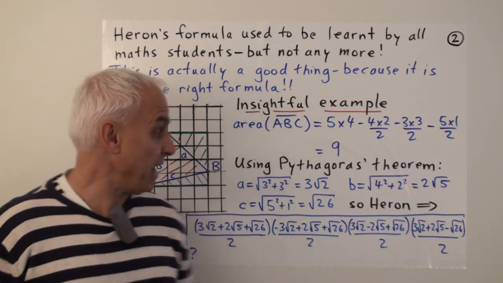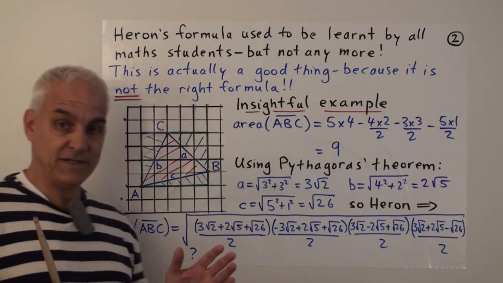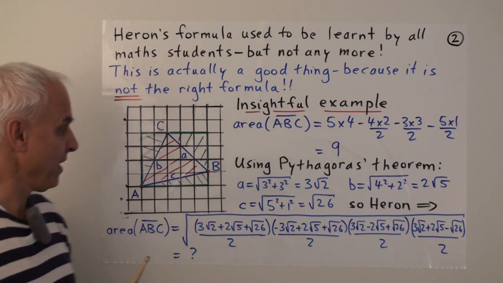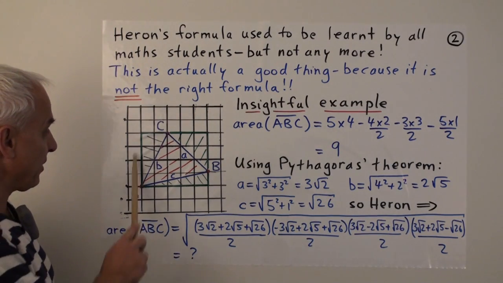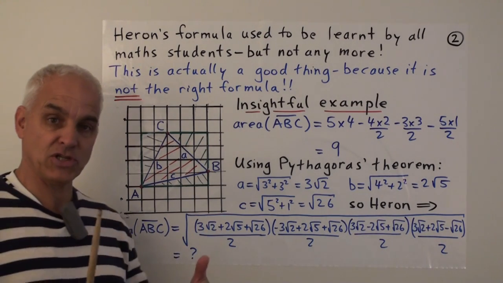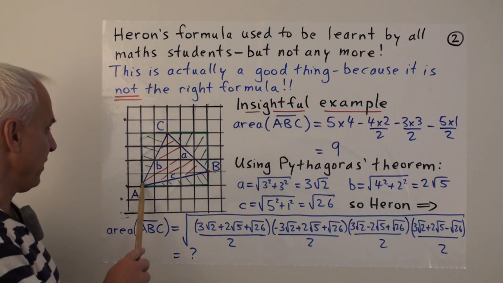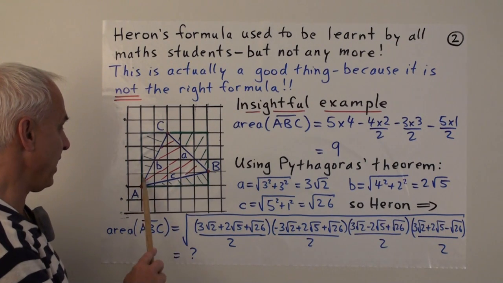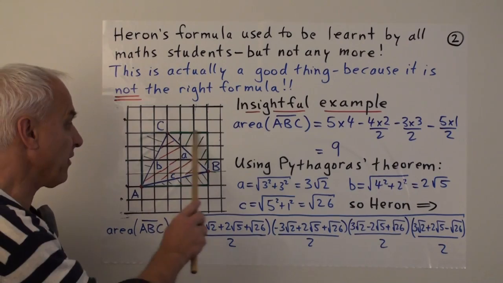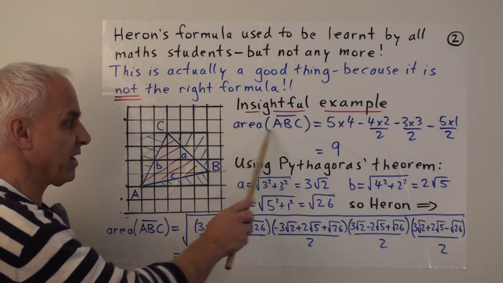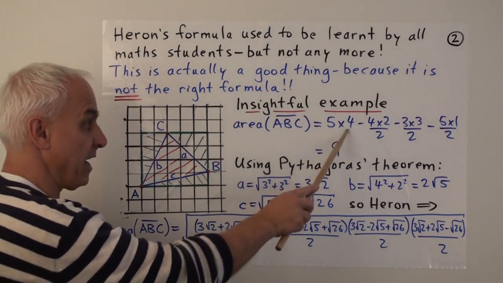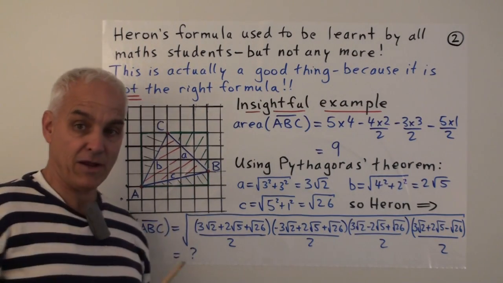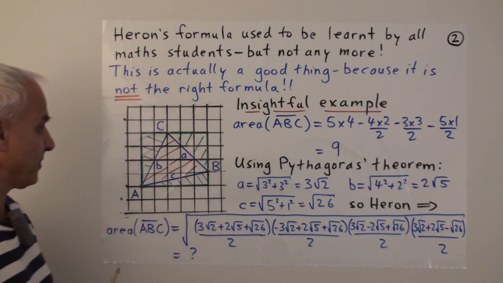Now we can calculate the area of this triangle in a relatively simple way using a formula that goes back to Euclid. And we can do that by thinking first about the rectangle in which this triangle appears. This rectangle has base 1, 2, 3, 4, 5 and height 1, 2, 3, 4. So the area of the rectangle is 20. So we can calculate the area of the triangle by taking the area of the rectangle and then by subtracting the three triangle areas that are around it.